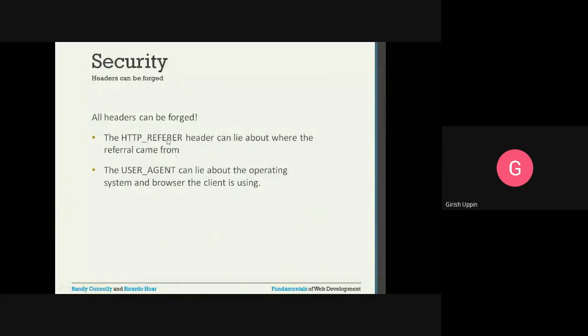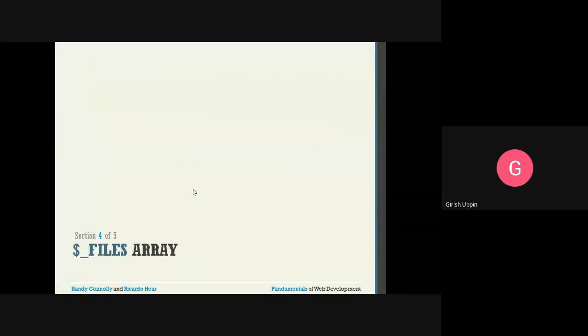Similarly, the USER_AGENT can lie about the operating system and the browser the client is using. So that can be misleading information. From the security aspect, that is one big problem with those values, because they can be manipulated.